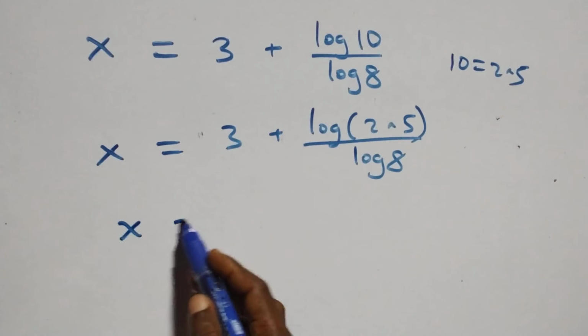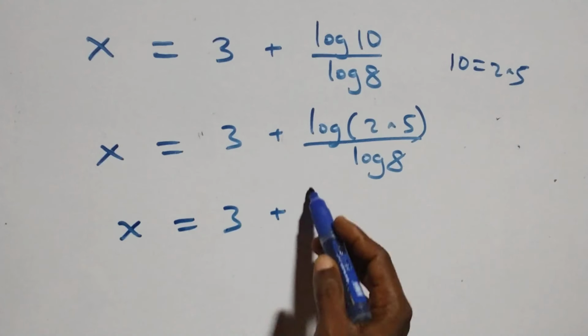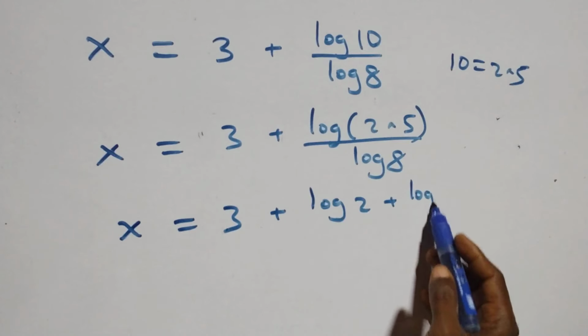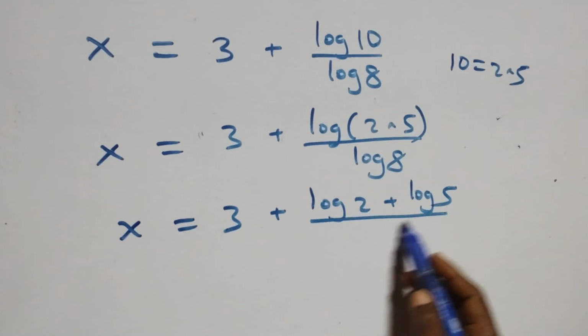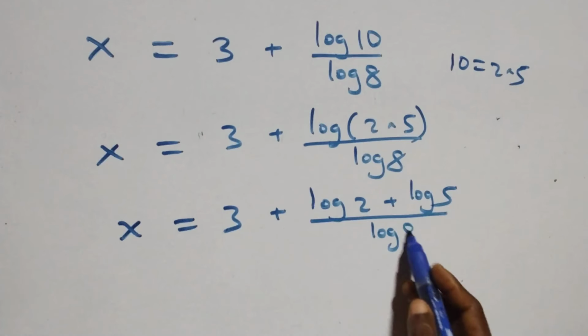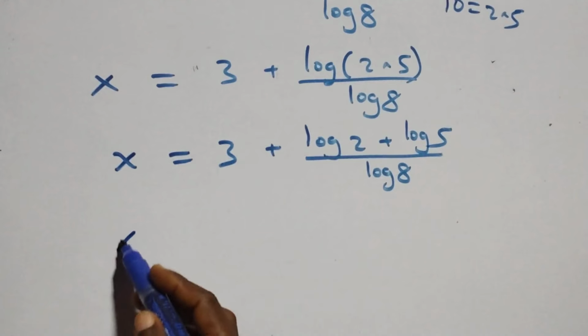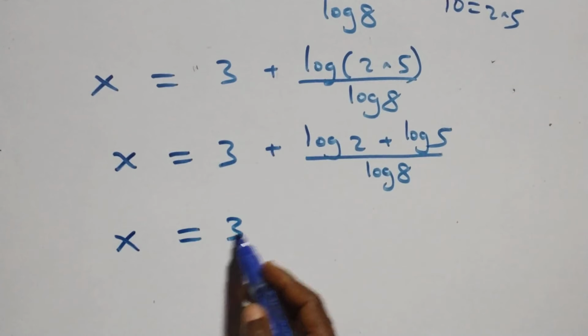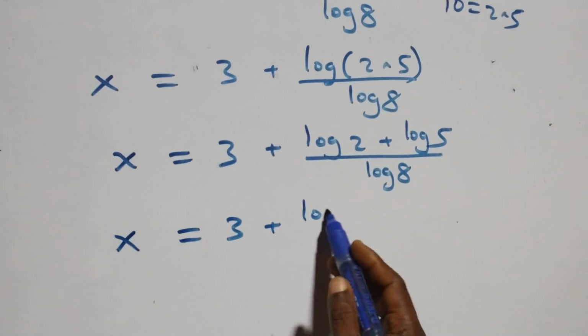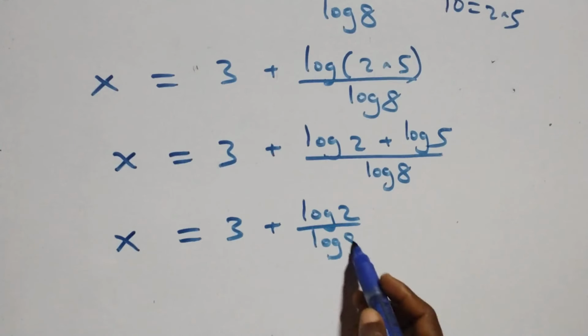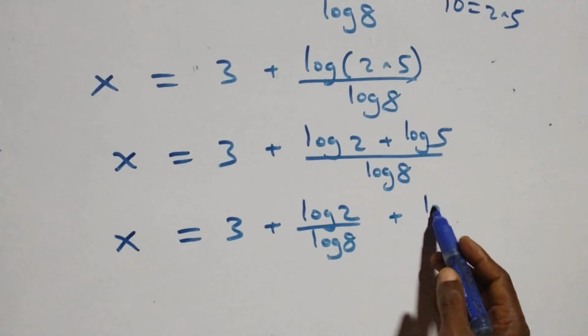And we have x equals 3 plus log 2 plus log 5 over log 8. Then we separate this into two fractions and we have x equals 3 plus log 2 over log 8 plus log 5